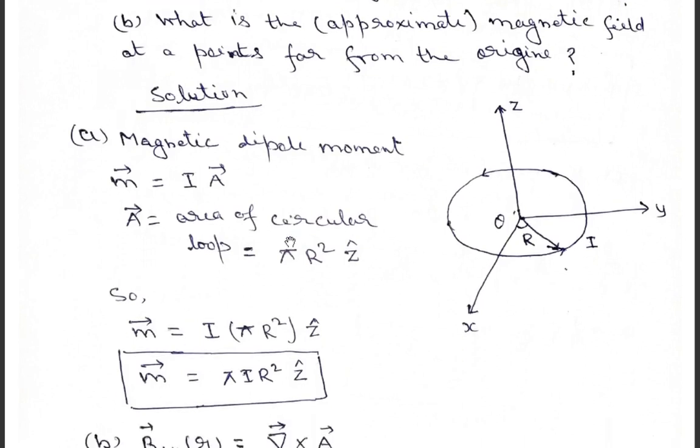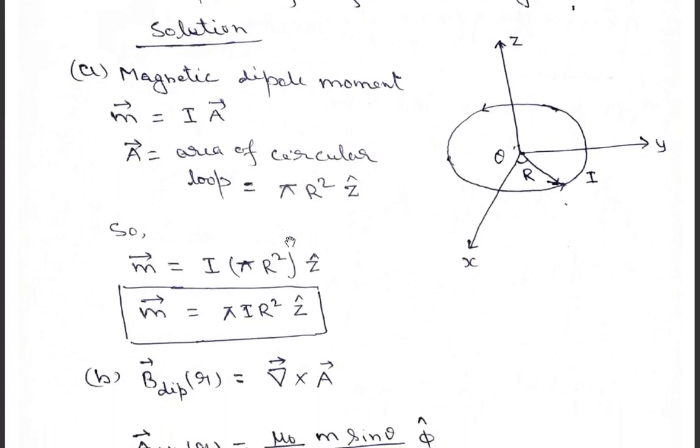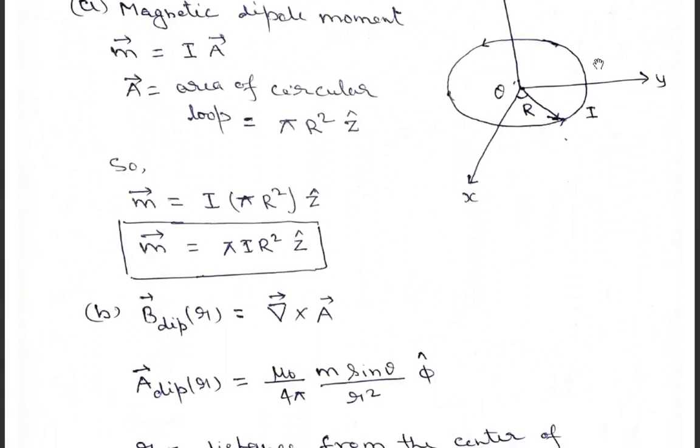Now what is the approximate magnetic field at a point far from the origin? We have to calculate the magnetic field due to this dipole. Now this circular loop is behaving like a magnetic dipole moment, as we have learned earlier also. Now, this circular loop is behaving like a magnetic dipole moment. If it is behaving like a magnetic dipole moment, then we have already studied in the last lecture